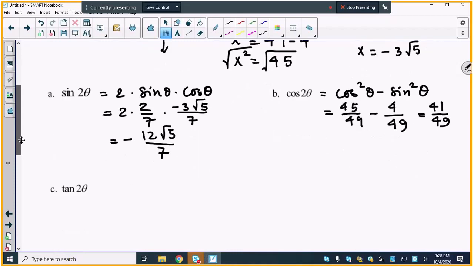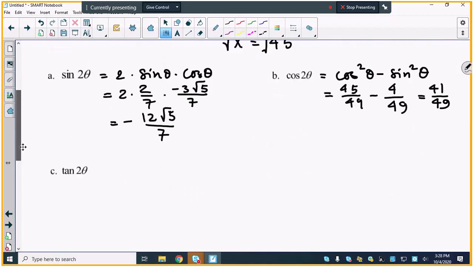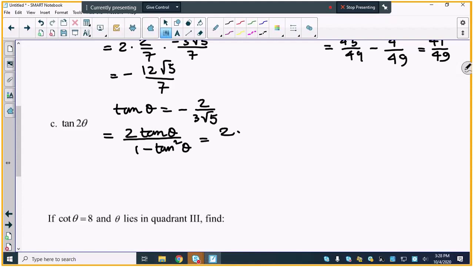Tangent 2 theta. Remember, tangent is opposite over adjacent. So it's 2 over negative 3 square root of 5. So let me first write down what is tangent theta. It's negative 2 over 3 square root of 5. So the formula says this is 2 tangent theta over 1 minus tangent square theta. So I get to say 2 times 2 over 3 square root of 5 over 1 minus the square of 2 is 4. The square of 3 square root of 5 is going to be